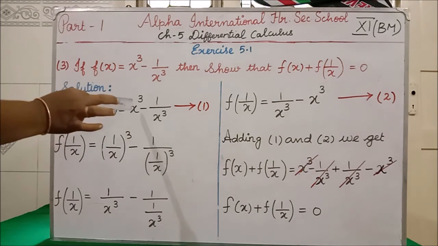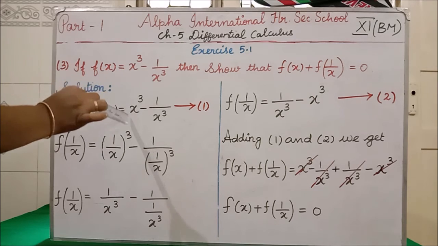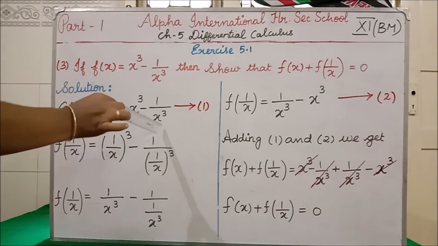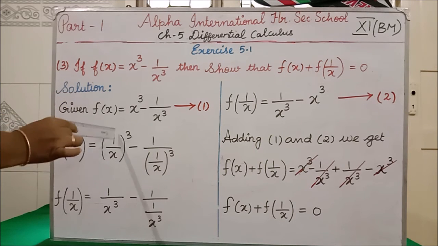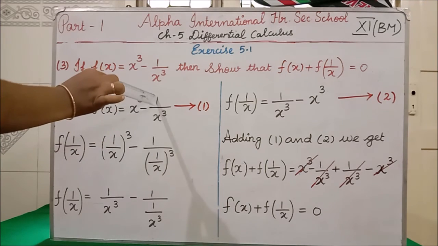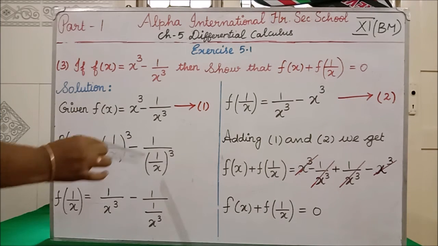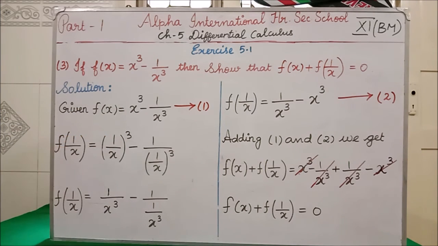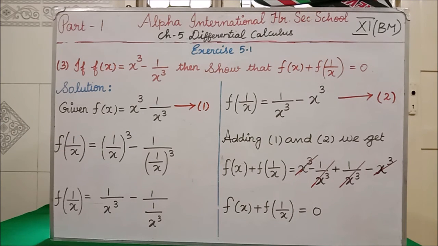Suppose here minus x means you will write here also minus. Since here we are having 1 by x, so here also you have to write 1 by x, here also you have to write 1 by x. Clear? That only I have written down. See, instead of x cube I have written 1 divided by x the whole cube, minus this one numerator 1 divided by, instead of x what I have to do now? 1 by x I have to substitute. 1 by x the whole cube I have written.